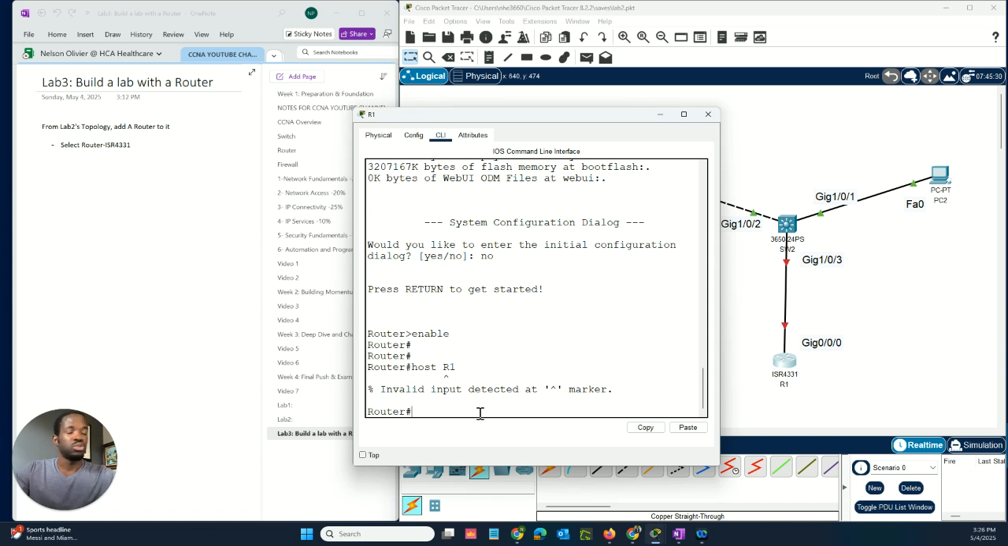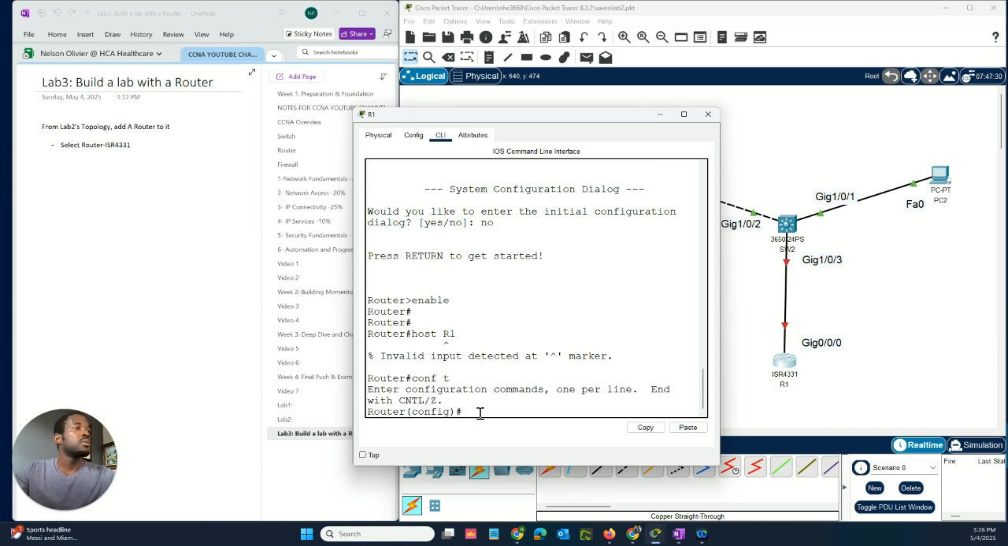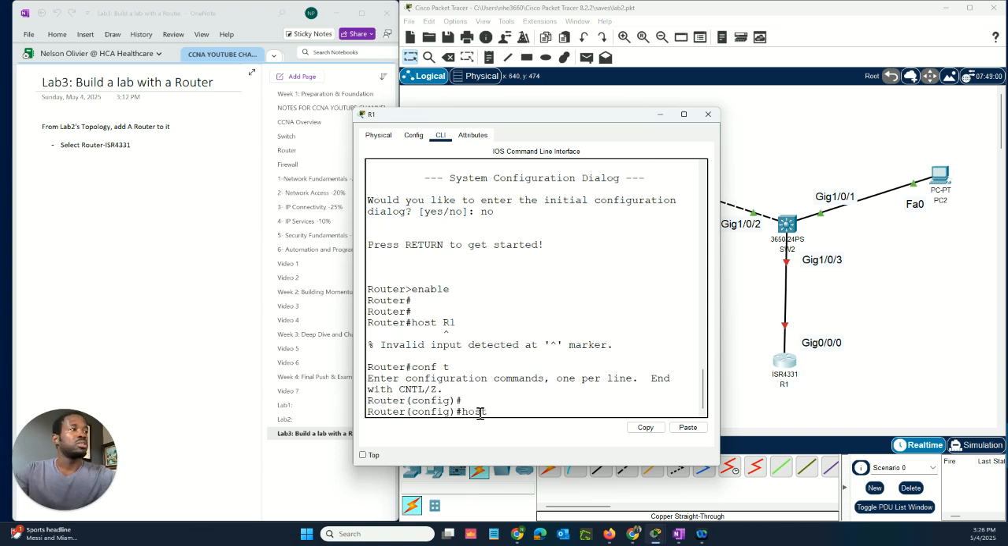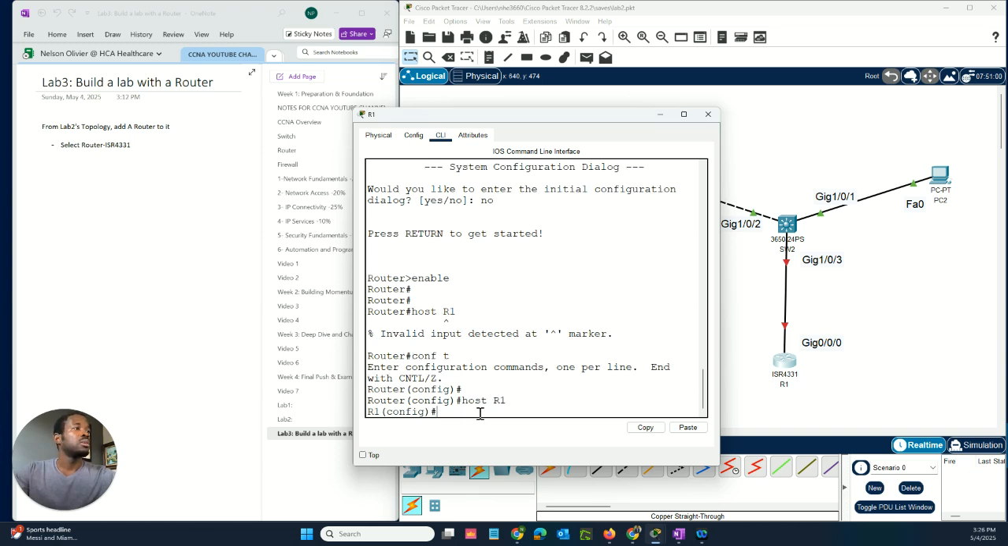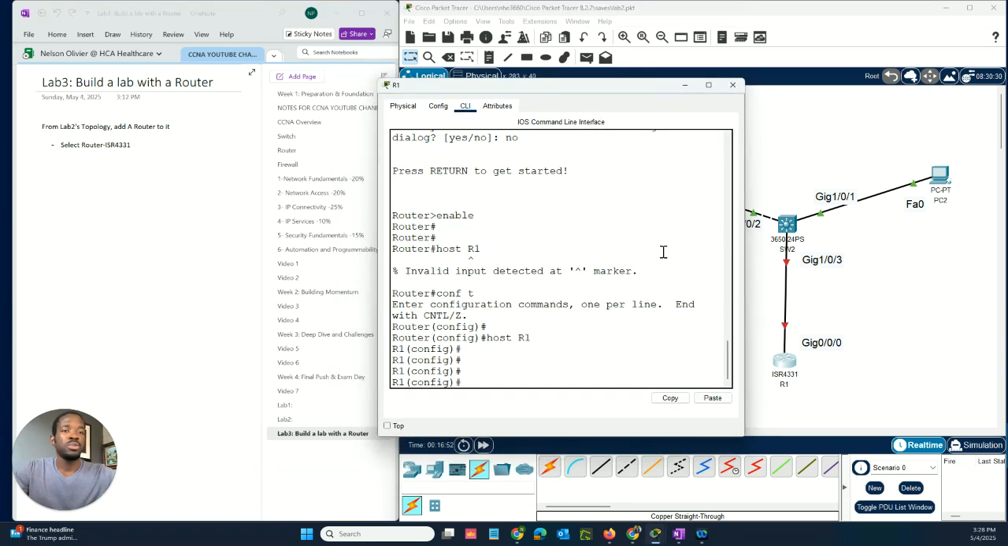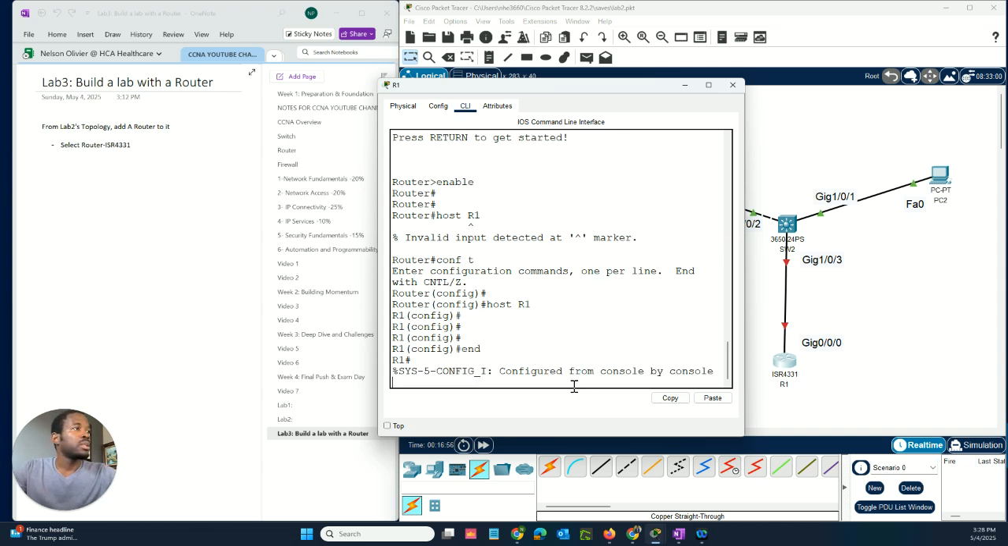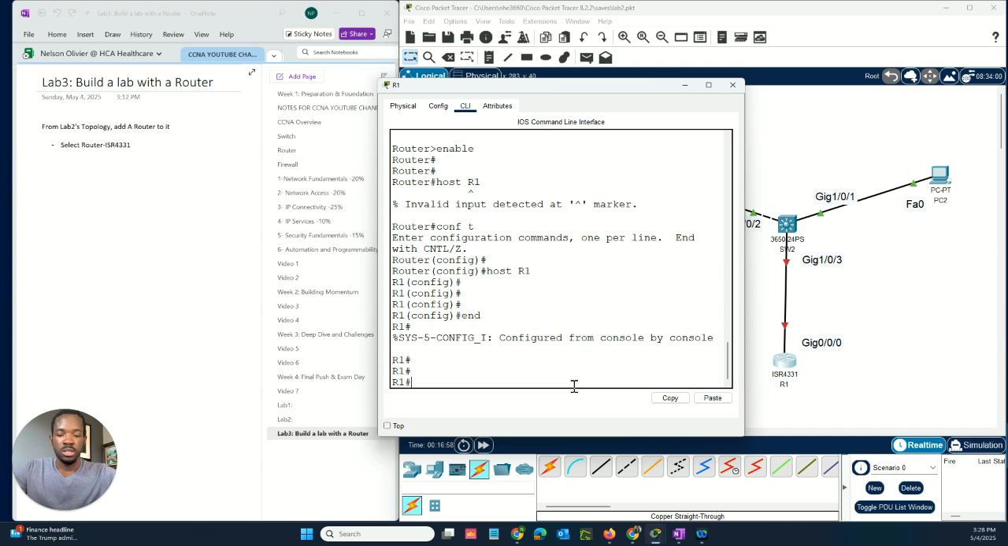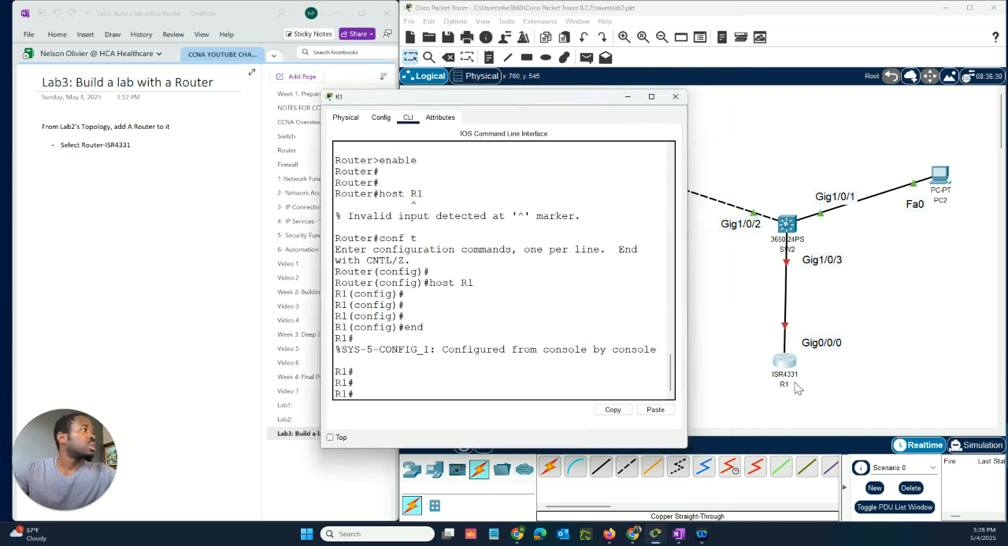No, first of all, we need to go to global configuration mode, so conf t. Now let's change our host name to R1. Now it works. Now that we have our host name configured, we can write n, go back. So now we've renamed this router